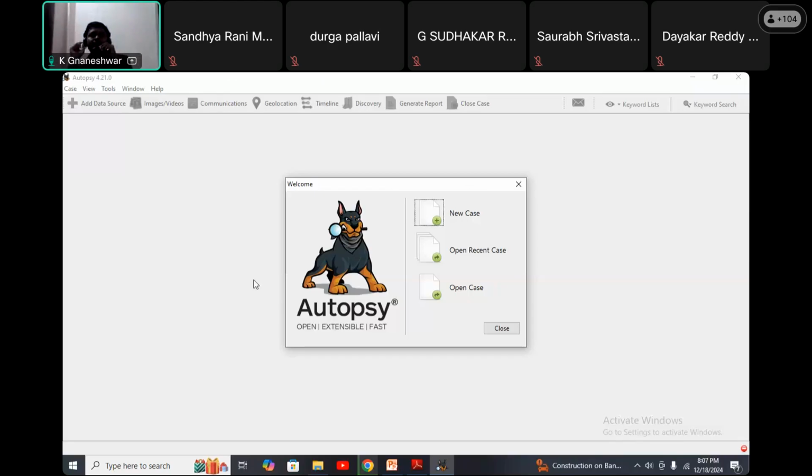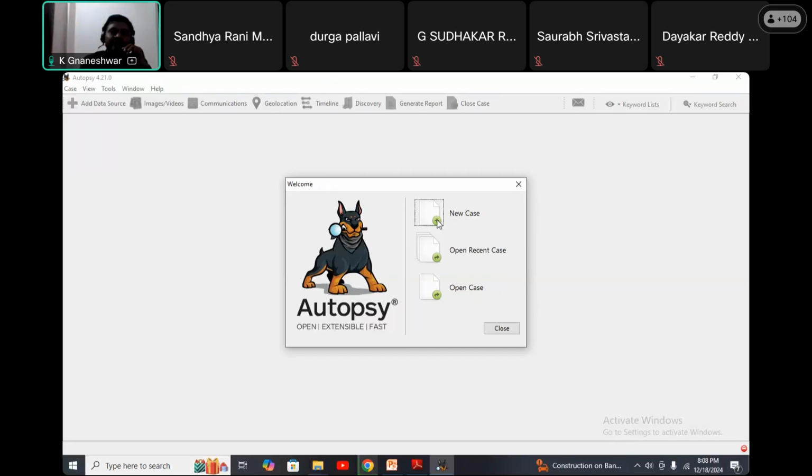Here I am going to apply it on one new case. If any case is already there, simply use the open case option. But if we used a case recently, last week or last month, simply use open recent case. But here I did nothing previously, so I am using new case directly.